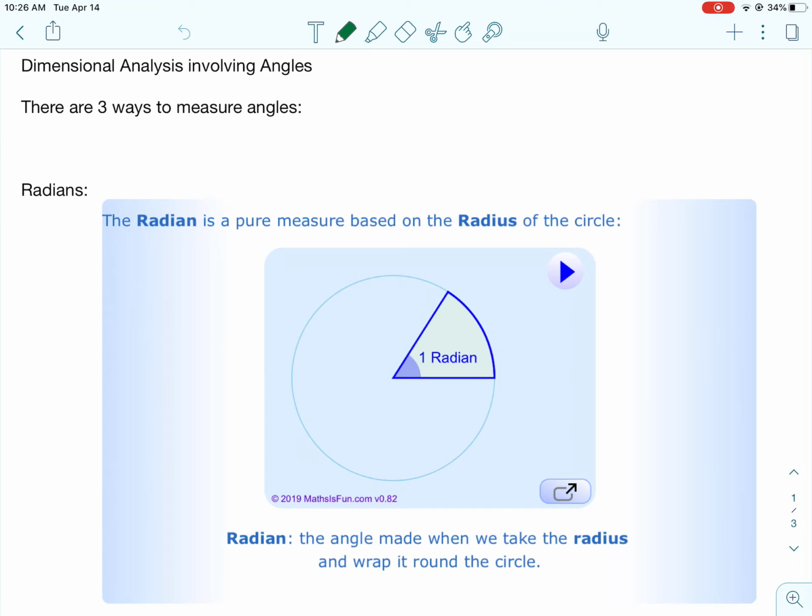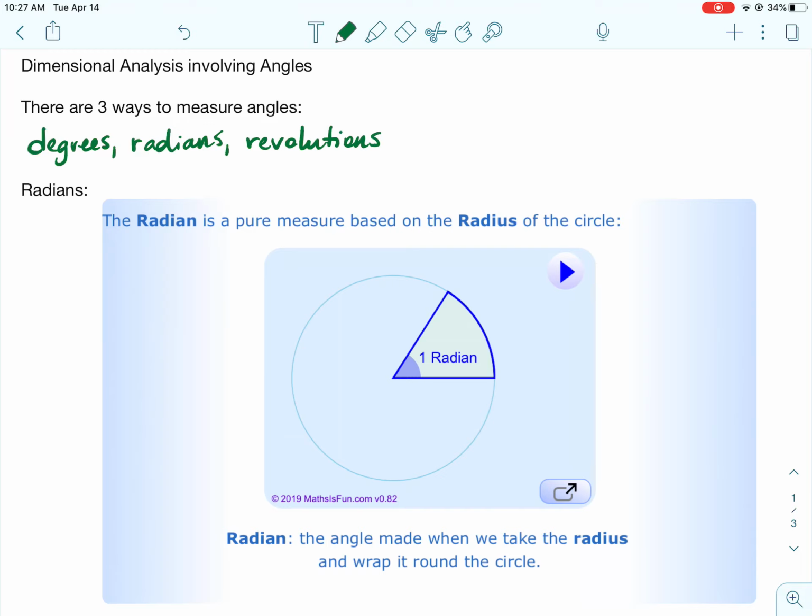Okay, so this next lesson on dimensional analysis is going to involve some angle measurements, and depending on what you learned this year, you may or may not have a good understanding of radians. So I'm going to teach this like you don't know it, and if you do, just go ahead and skip through it. So there's 3 ways to measure angles, and those ways are degrees,